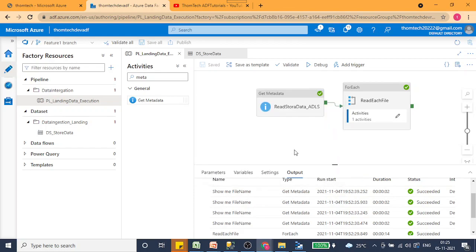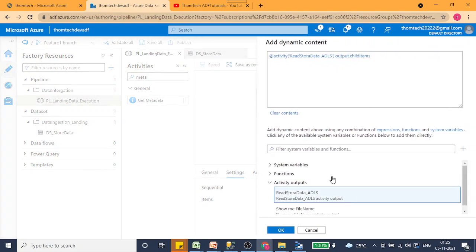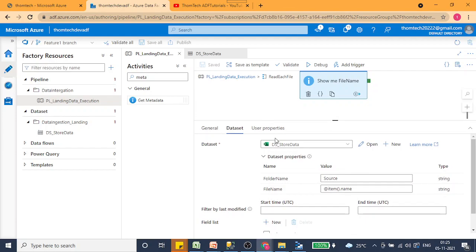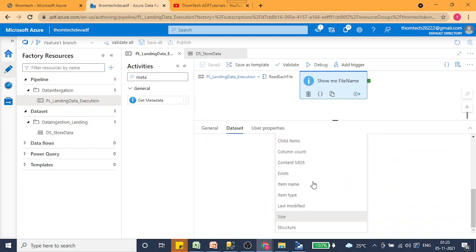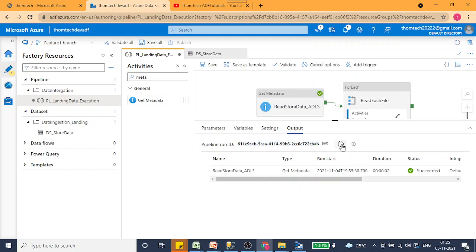But to get more clarity, let's click over here and go into the property. Let's click on settings and go to the properties, child properties, this one. Go inside this, go to the metadata activity. Over here we are selecting size, right? Instead of size, let's select item name. Let's see what happens. Let's go back and validate: click debug. It will execute once again, and instead of the size, it's going to throw out the file name. We just want to ensure that all four file names are getting outputted.